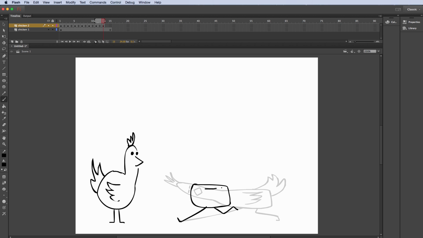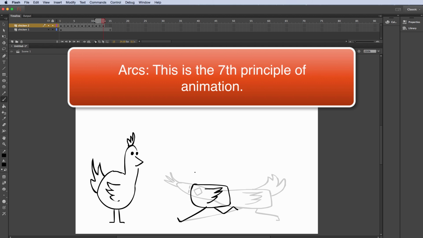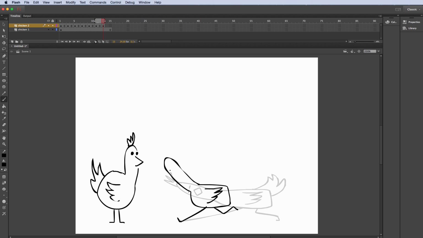Okay, and then in here, I want to keep the curvature going here. Because another thing I want to think about is the arc, the path that the head shape moves. So if we do that in an arc shape like this, that's going to be much more pleasing to the eye. And arcs are another principle of animation. All right, I'm going to close those eyes. Okay, so let's take a look at this now.